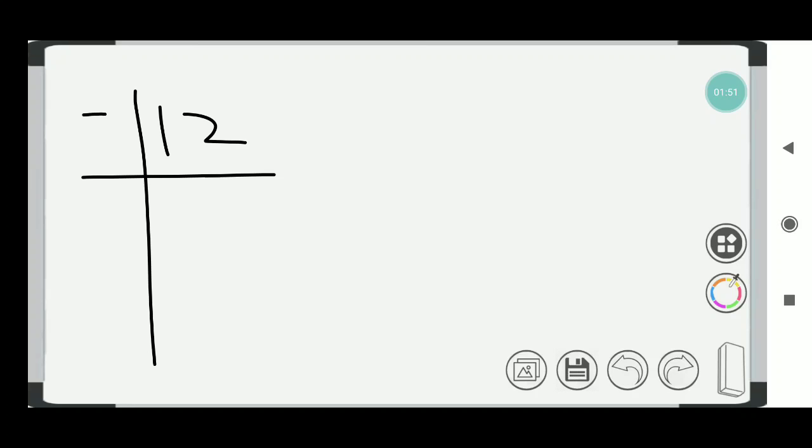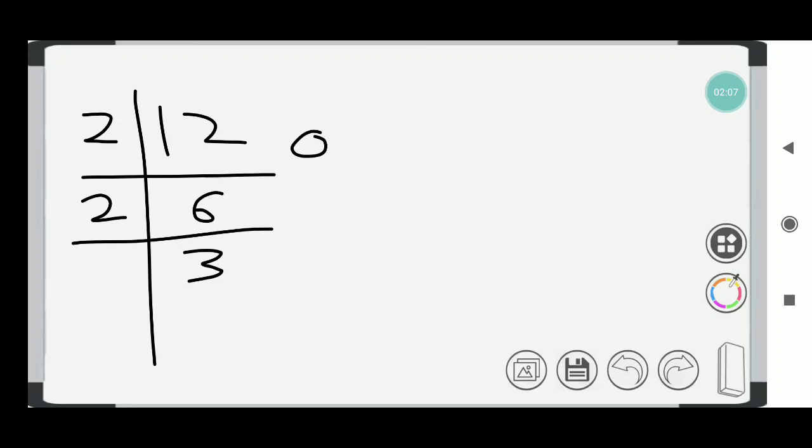First of all we will take the case of 12. So 12 is given in decimal number system and we have to convert it into binary number system. So the base is 2 in binary number system, so we have to divide this 12 by 2. Okay, here it comes 6 and the remainder is 0. Again we divide it by 2, so here it is 3 times, completely divided, so the remainder is 0. Now again we divide it by 2, so it is 1 here and the remainder is 1.